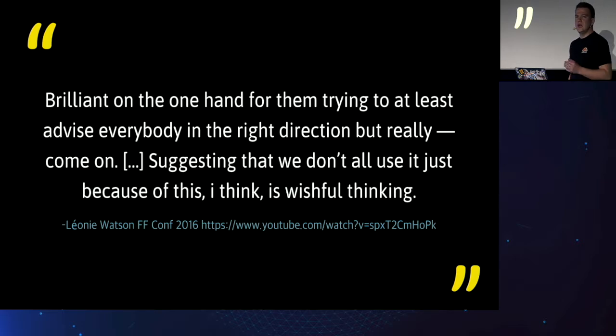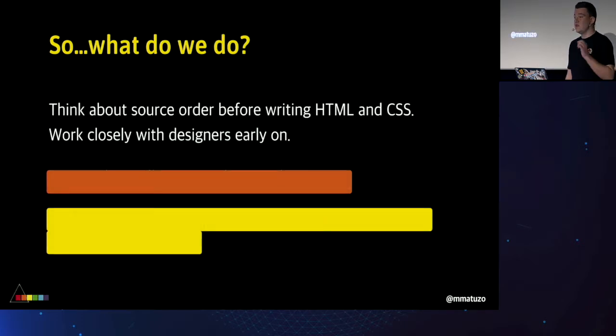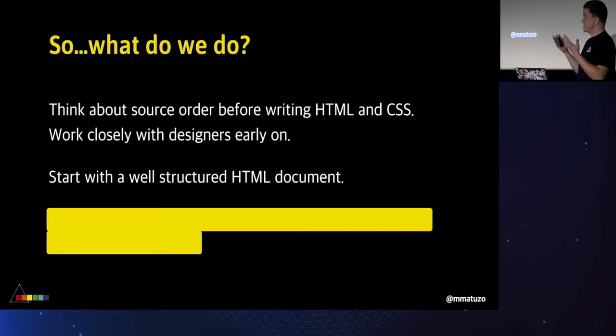It's really hard to not get a mismatch between DOM order and visual order, especially if you're working across multiple breakpoints in responsive web design. So at some point, we have to change it. All right, so what do we do? Well, first of all, we have to think about source order early on, even before we write any HTML and CSS, and we have to closely work together with designers so that we don't encounter order problems while we are working. We should start with well-structured HTML, of course,